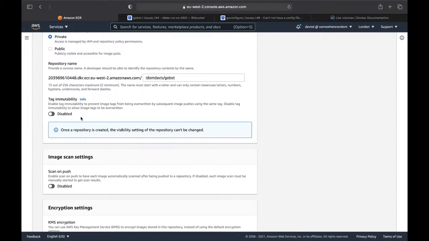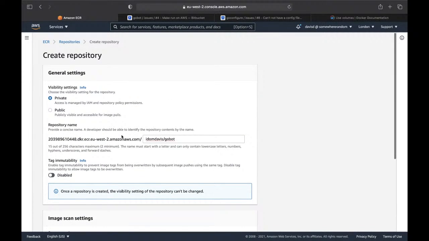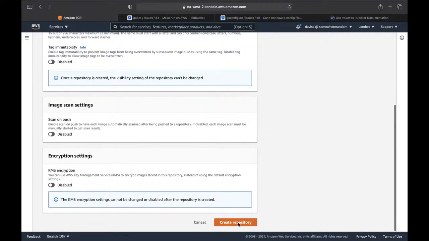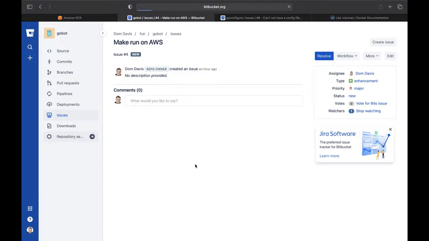Tag immutability basically means that you can't change tags once they've been created. I'm going to leave that disabled because I have a main tag that gets pushed quite a lot. Don't care about scan settings, don't care about encryption. It's just, that number's fine. Create repository. Right, I've got somewhere for my Docker image to go. So the next thing is I need to go to here, go into my repository settings,